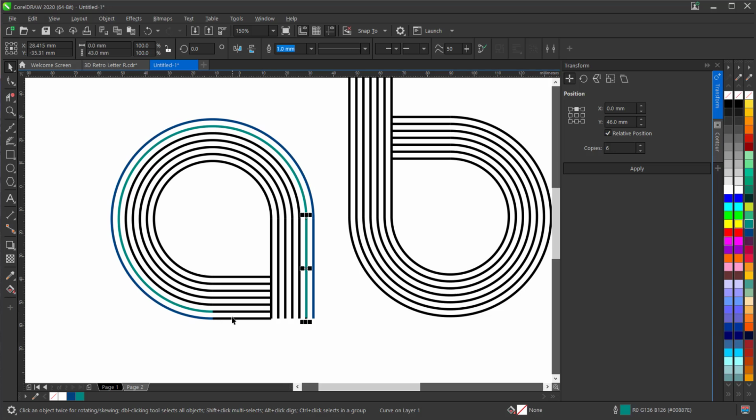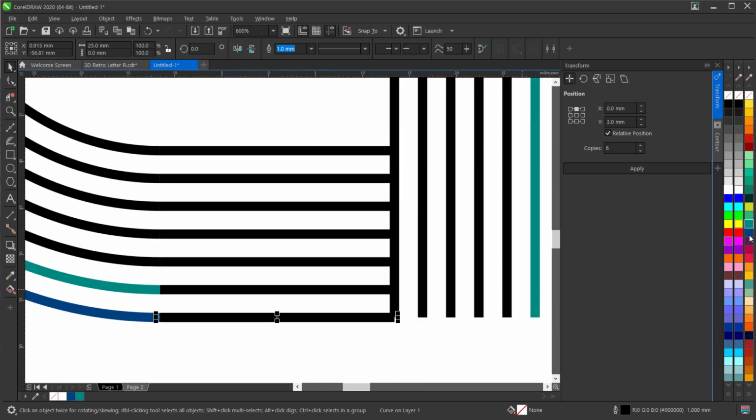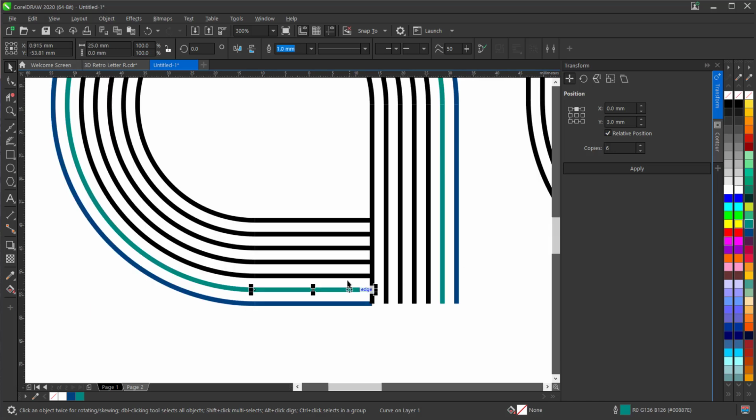Take your time and make sure you don't miss out on any stroke. Remember, they are now in pieces. So take your time to select all strokes which need to have the same color and apply. To select two or more strokes, hold down Shift whilst you select the other one.